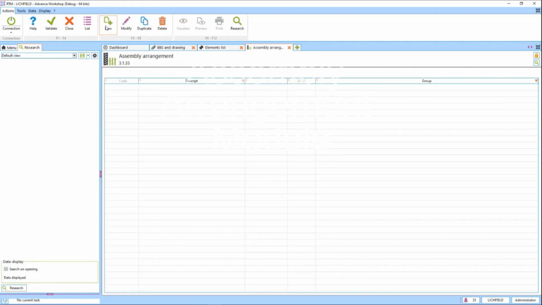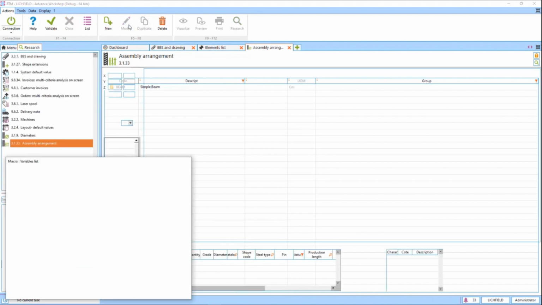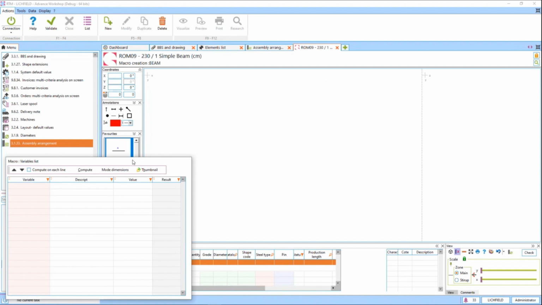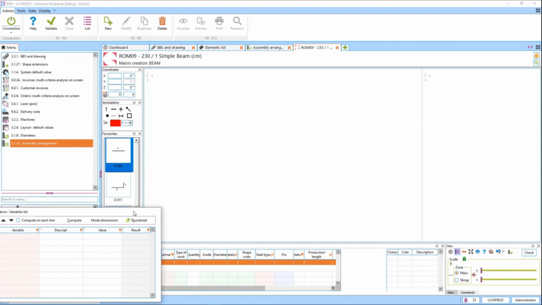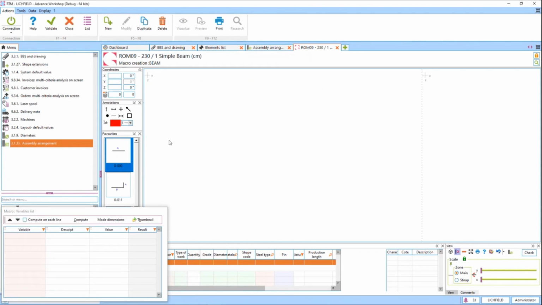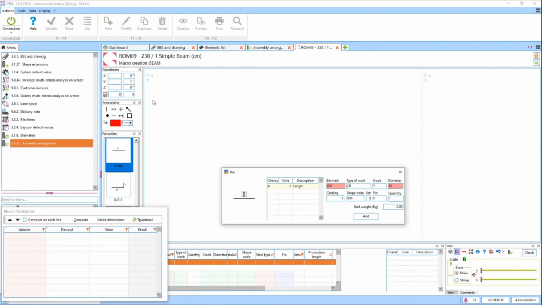We've also added assembly arrangement. This is a new macro that we've created, called assembly arrangement. It is quite useful when you're doing something very repetitively, so you don't have to create from scratch over and over again. You just have to create once, and have variable lists and allow the user to simply manipulate the value of the